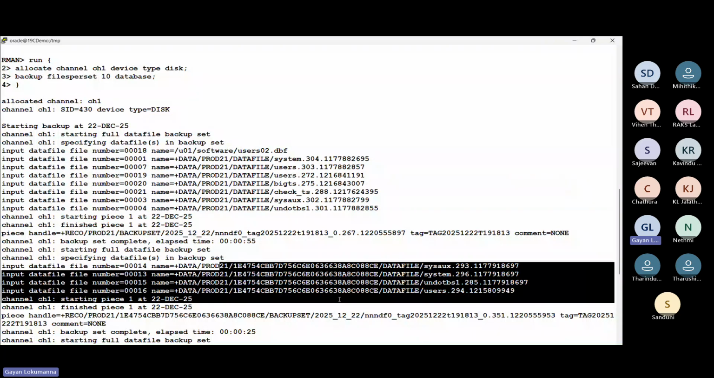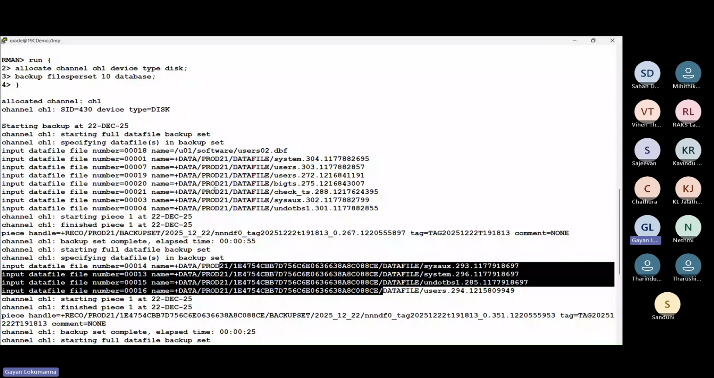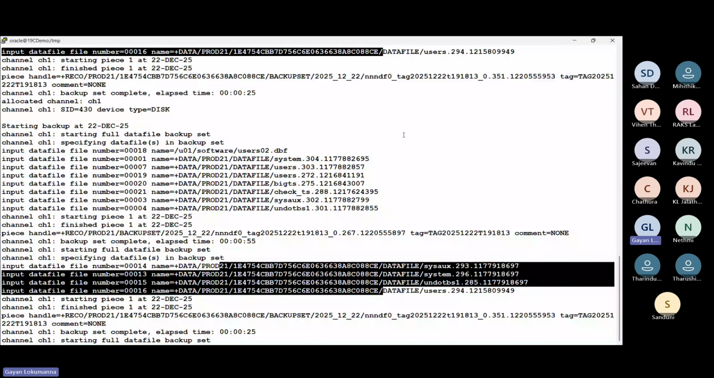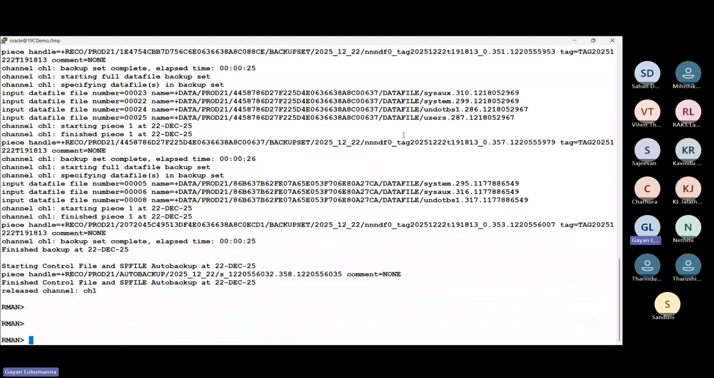So I just wanted to give you an indication of how multiplexing works. I hope that part is clear to you. And next, what we have to understand is the compressed backup. So let me go to compressed backups as well. Okay, so now if I say show all,